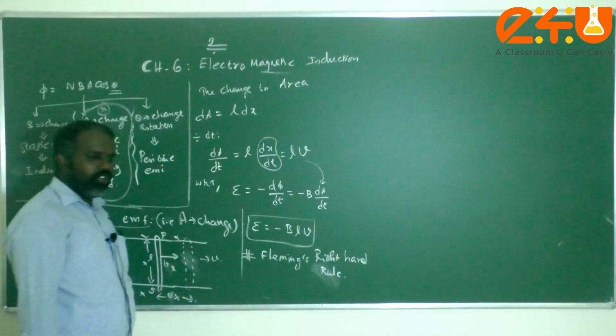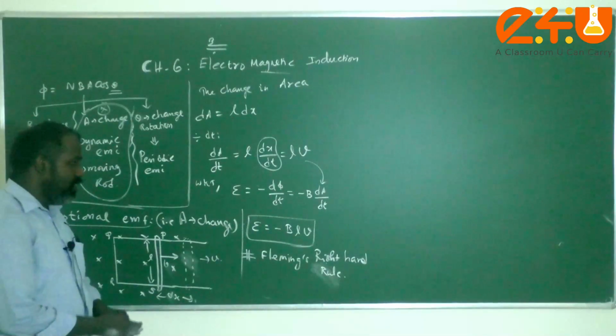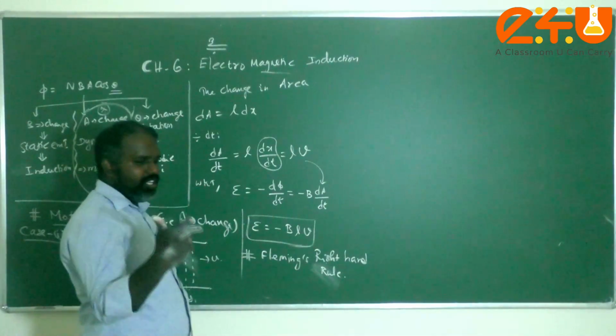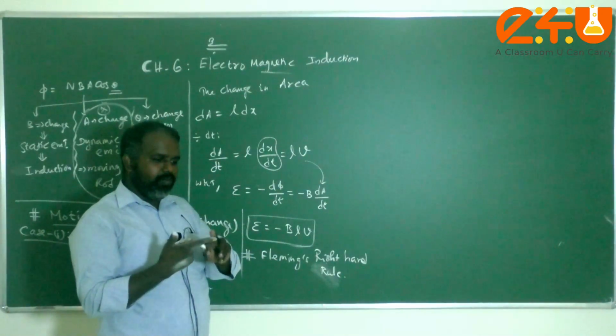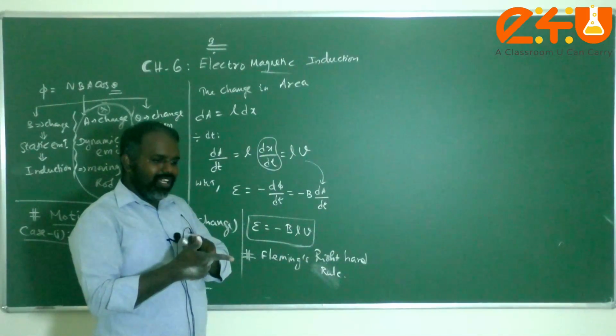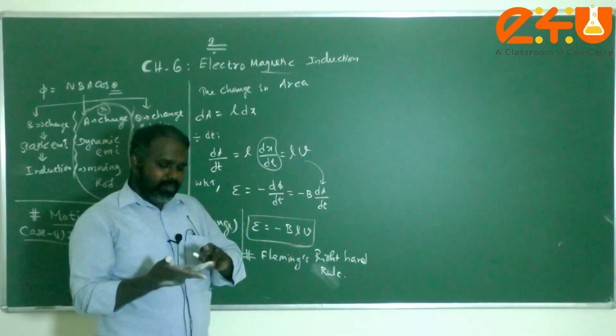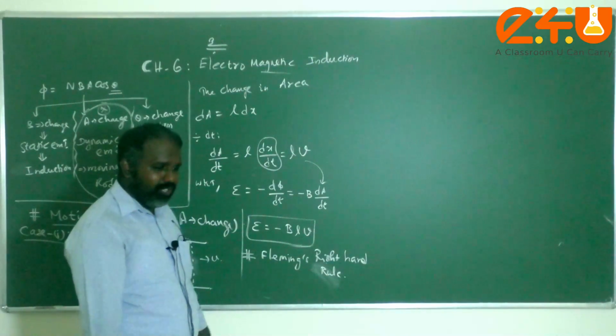In chapter 4, where we discussed the Lorentz force concept, we discussed Fleming's left hand rule. Now this is what, children? Fleming's right hand rule. The forefinger represents the magnetic field, the thumb represents the direction of motion or direction of the force applied, and the middle finger gives the direction of the induced current.